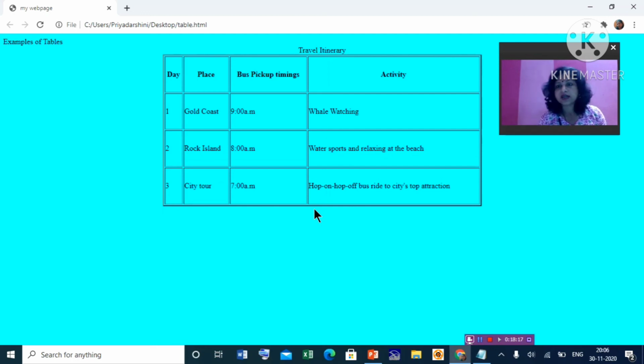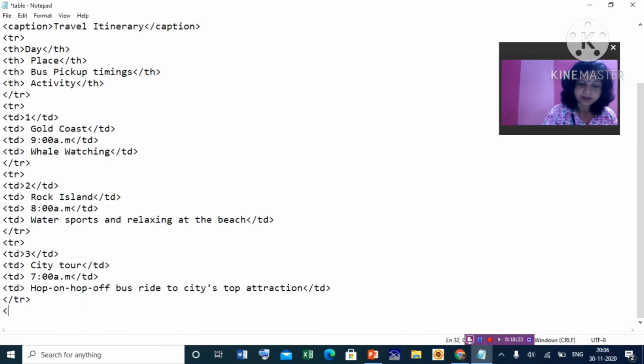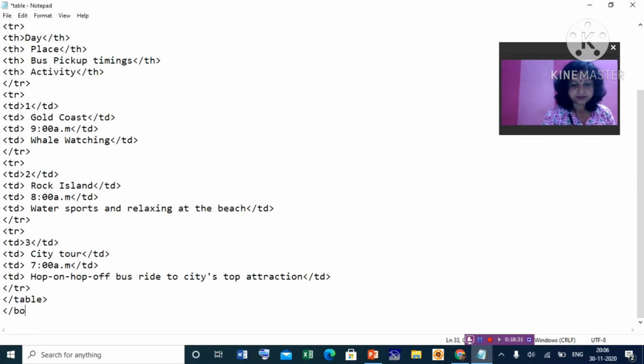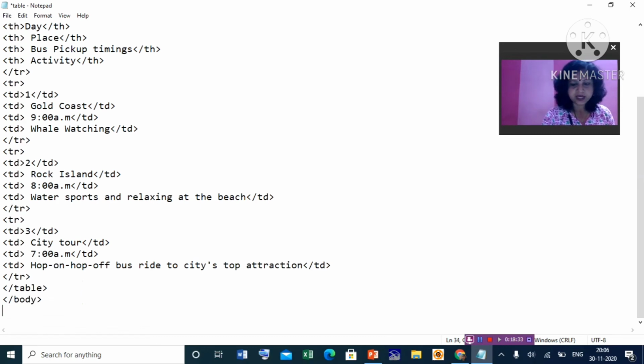Now all the rows are added, so we can close the table tag. The table tag begins at the beginning of the table and is closed at the last. Then body, then HTML.